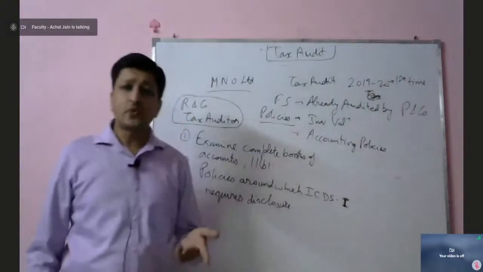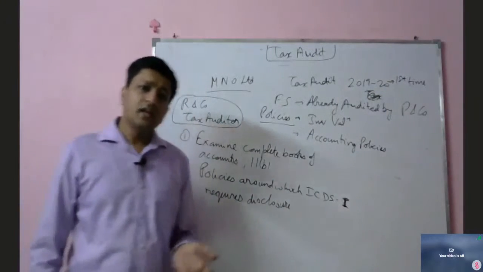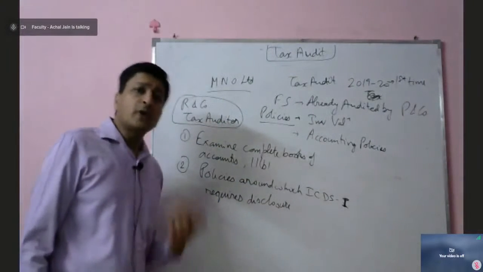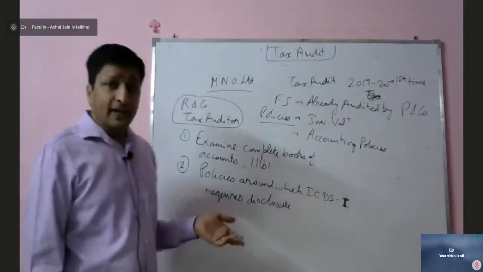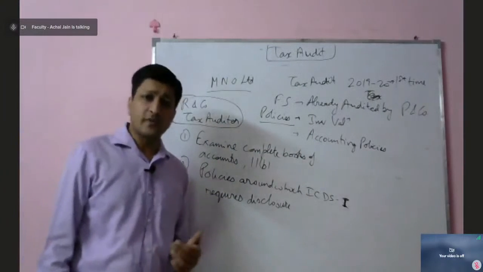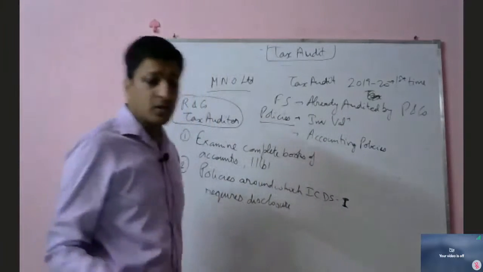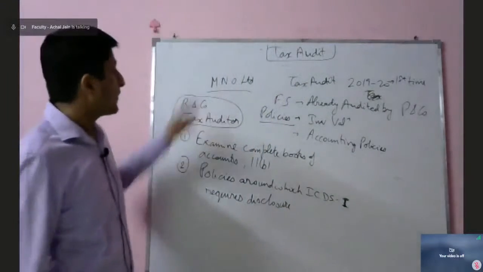And if the auditor has to comment on this, then in a way he is required to audit those accounting policies, or to confirm whether the accounting policies are appropriate or not, for which again he will require to audit the books of accounts. So that's his second observation, or the thought which he has shared with the management of M&O Limited.